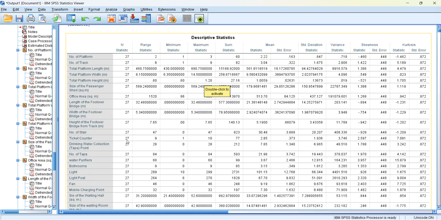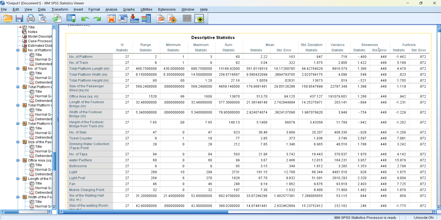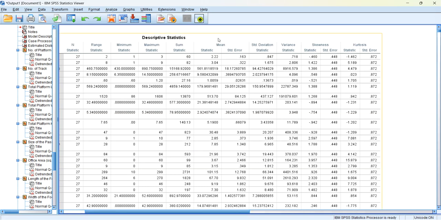In the ticket counter in Tripura we found a range of 9. At maximum we found 10 ticket counters in Agartala railway station, and in every station there is at least one ticket counter. But the question is whether it is functional or not. Even here you can go into not only mean and median, there are many other things also. So if you consider one parameter, then only it will be